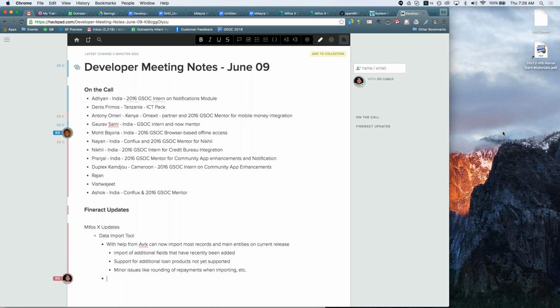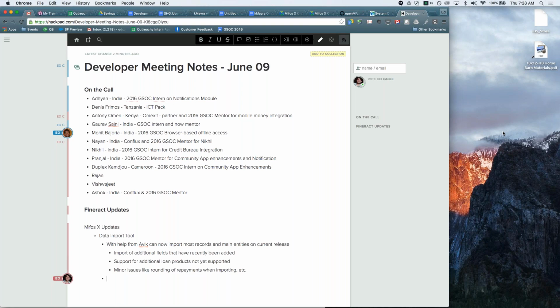So the data import tool, QA on our Android field client, and then also extending our surveys framework a bit more. And then we do have some community app enhancements work in general. And so I think those were the main updates I wanted to briefly cover on the product development front.